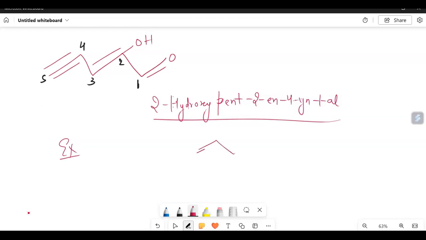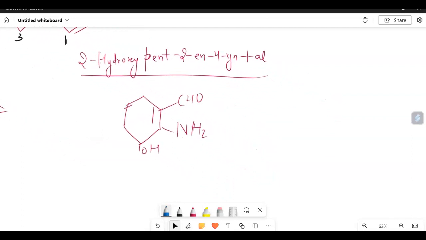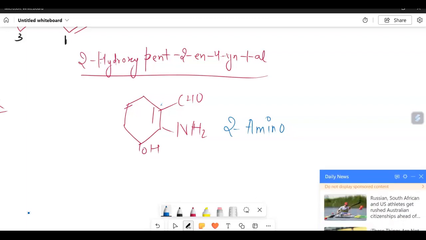For example, if I am drawing some ring structure now, there is CHO here and there is NH2 and there is OH also. So how can you name it? Try the name by pausing the video. So the name will be 2-amino. We will start from the aldehyde. 2-amino, 3-hydroxy,